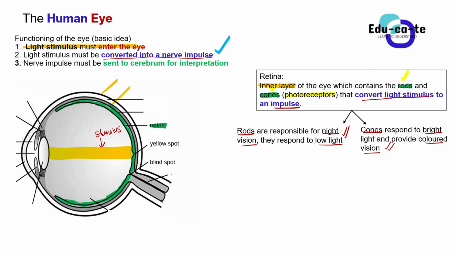They are found on the third layer, the innermost layer, the retina. So now we have done number 2. The light stimulus must be converted into a nerve impulse. How do you explain that? The retina has rods and cones. Those are photoreceptors, and their function is to convert light stimulus into an impulse. Hey, great ones, please make sure that you rewind this video. If you want to pass, rewind this video and make sure that you understand each and everything. Listen to me with every inch of your concentration.